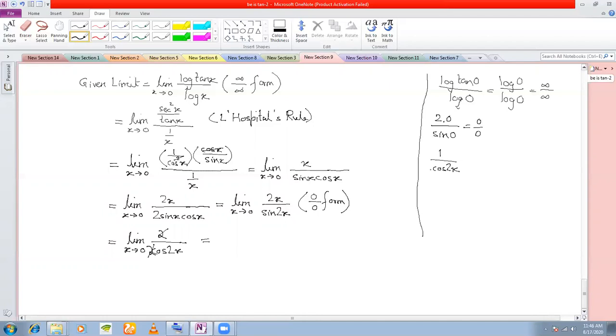So now let's see whether we have got a determinate form. You write here L'Hospital's rule. Okay. Now we put 1 by cos 0, which is 1. Okay. So this you are getting 1.